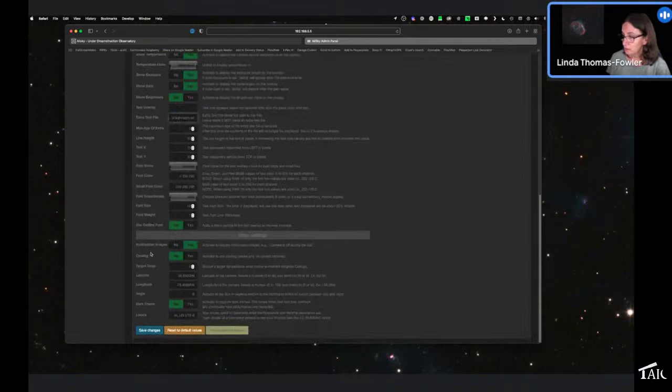If you have a cooled ZWO camera, you can turn that on and set your target temperature. And you need to set your latitude and longitude so that it knows when your sunrise and sunset times are. And this angle is the point at which it goes into night mode. So in my case, when the sun is 6 degrees below the horizon, I transition to taking nighttime photos from